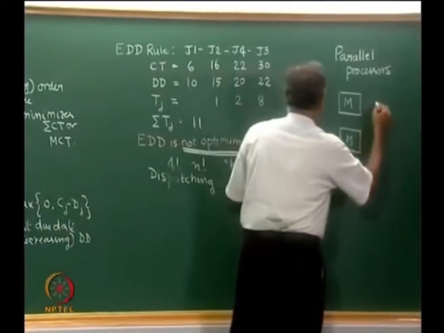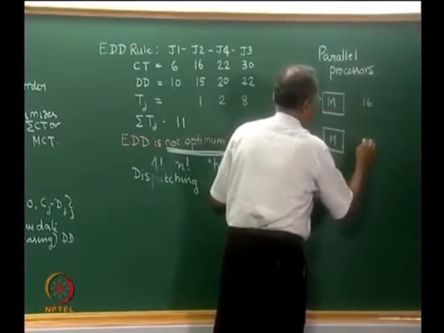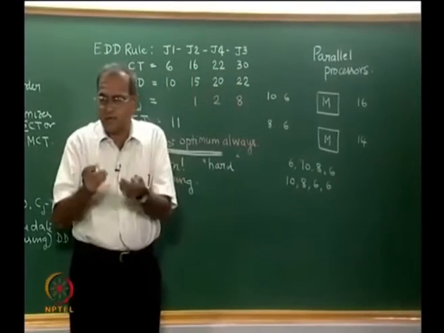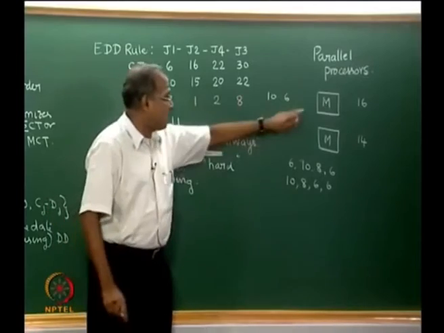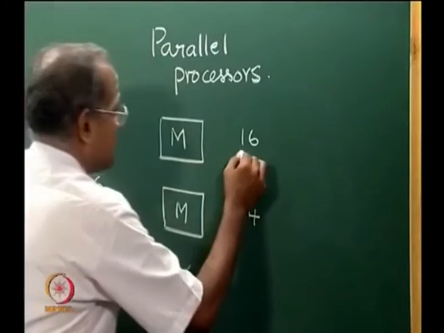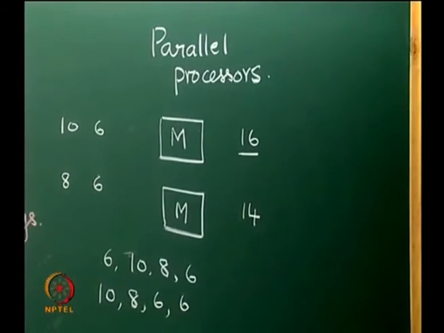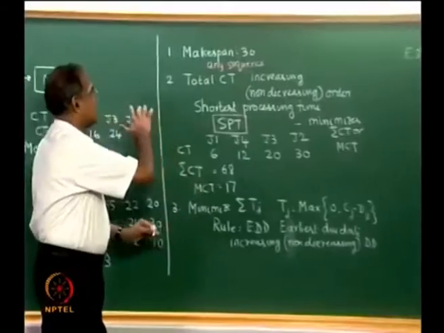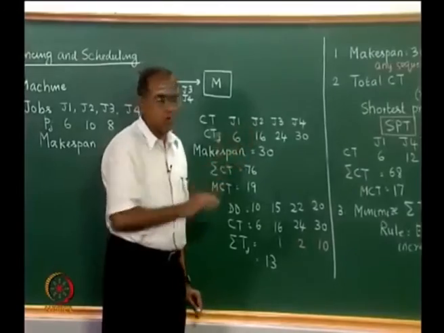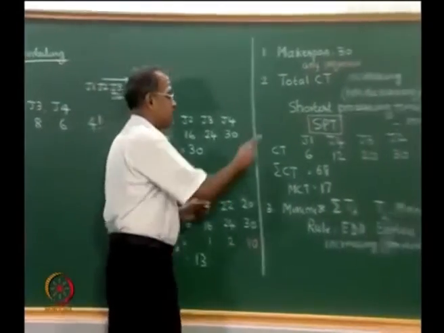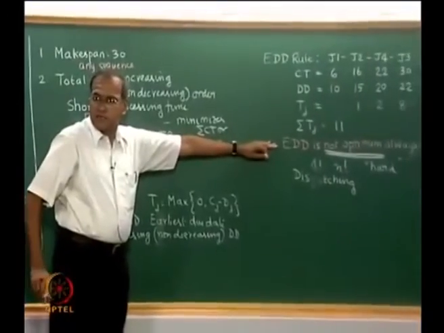Now, here the make span is equal to 16, here the make span is 14. So, the actual time at which all the jobs are over is the maximum of these two, which happens to be 16. So, if we apply this rule, then the make span that we get is 16. There are other rules and algorithms to try and minimize other objectives such as mean completion time, tardiness and so on. But as I have mentioned at the end of discussion on single machine problems, we learned two important rules. One is called the shortest processing time rule and the other is called the earliest due date rule.